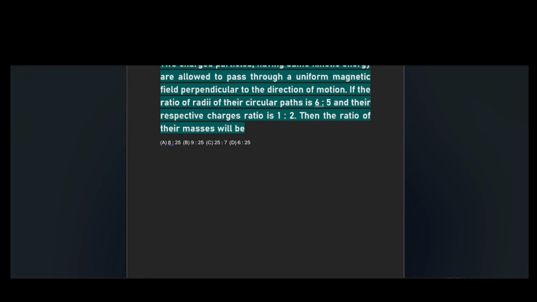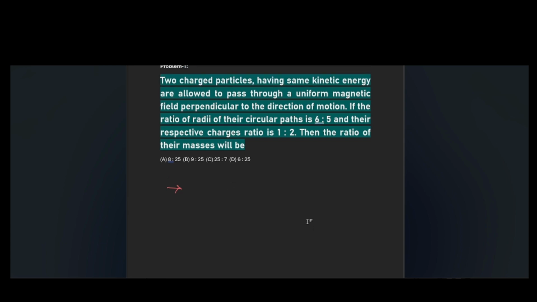So, given the concept here, we'll see the concept first. Through a uniform magnetic field, the charged particles are projected perpendicular to it. Say v1 is the velocity of the first charged particle, and v2 is the second one. Take the magnetic field, say, into the paper, normal to the paper, and now a charged particle is projected with velocity v1, then